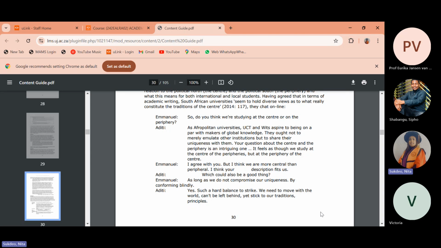Emmanuel: I agree with you, but I think we are more central than peripheral. I think your description fits us. To which Aditi responds: Which could also be a good thing, as long as we do not compromise our uniqueness by conforming blindly to the standards that are out there. Emmanuel: Yes, such a hard balance to strike. We need to move with the world and can't be left behind, yet stick to our own